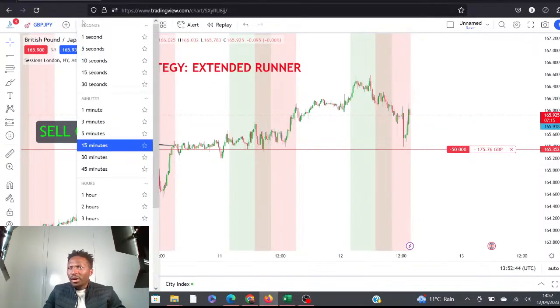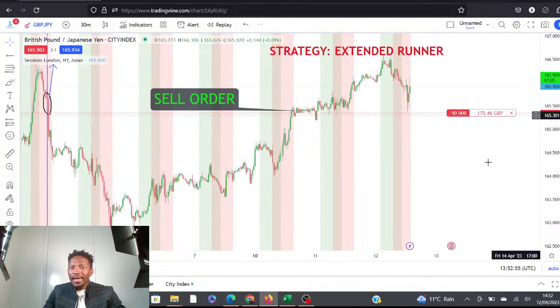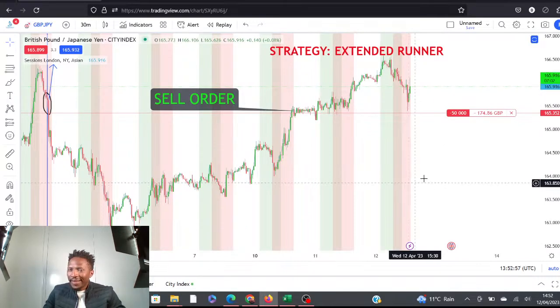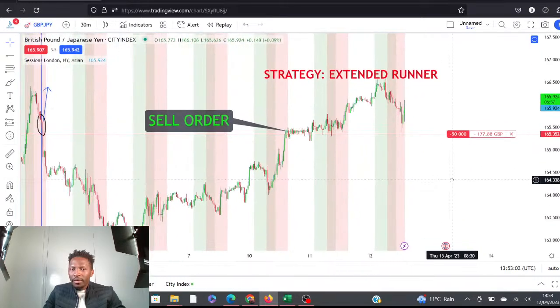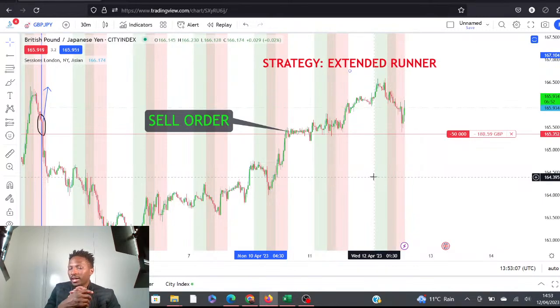You're not going to win every single trade in the world. I can promise you that. But if you have a strategy that wins you 80%, 90% of the time and has a very, very good risk to reward ratio, that is very, very rare, guys. I promise you that. Because most strategies out there only have a winning percentage of about 60, and this is one of the reasons why